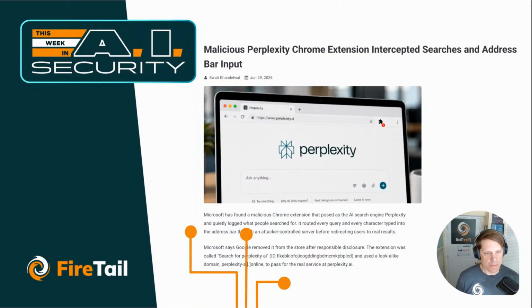Just as we've talked about repo takeover, just as we've talked about supply chain threats, we've also talked any number of times about AI browsers and some of the risks there. And we've talked about things like malware being planted around the AI ecosystem. So the Microsoft Defender team found a malicious extension called searchforperplexity.ai that intercepted every keystroke typed into the address bar. It not only finished searches, but it actually captured the keystrokes and routed them through a domain,